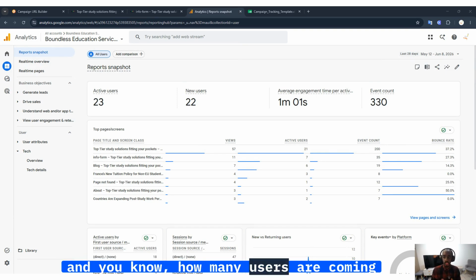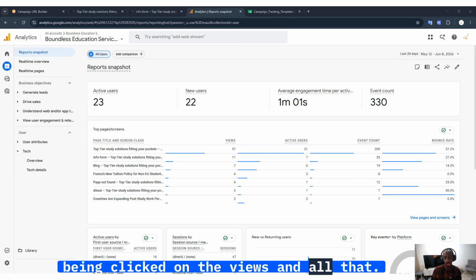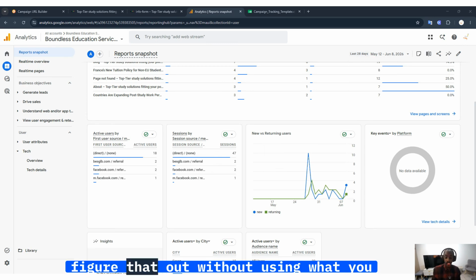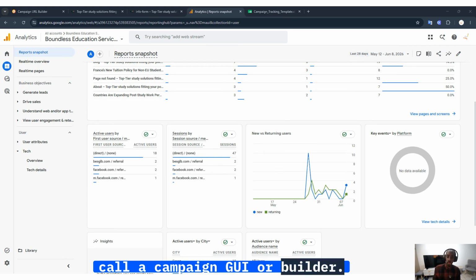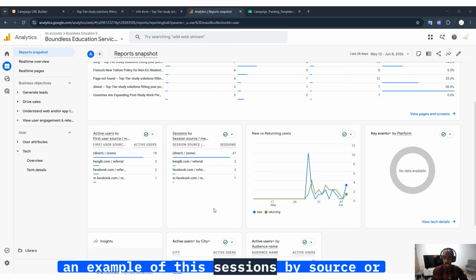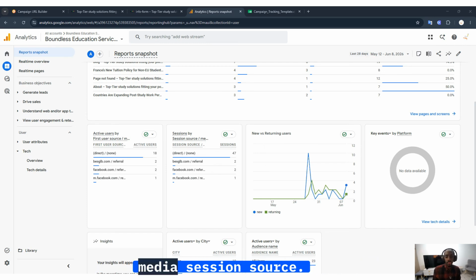and how many users are coming on your website, which web pages are being clicked on, the views and all that. But for us, in most cases, we want to understand where they come from. In most cases, you won't be able to figure that out without using what we call a campaign UI or builder. Why? Because in most cases, when you look at an example of these sessions by source or medium, session